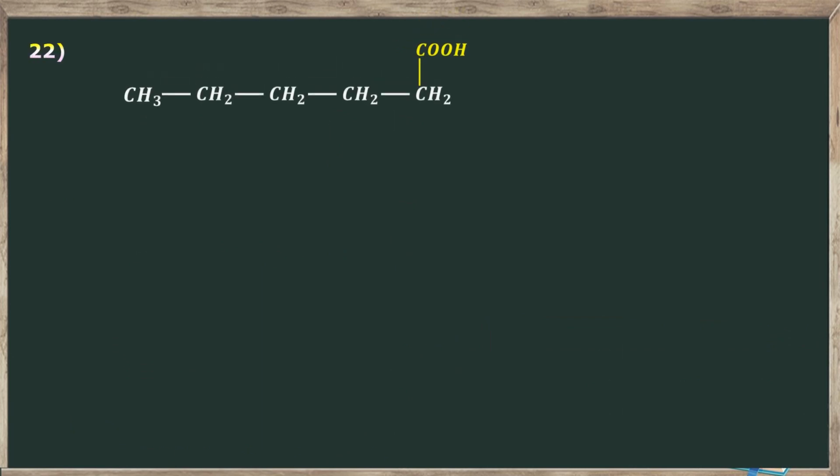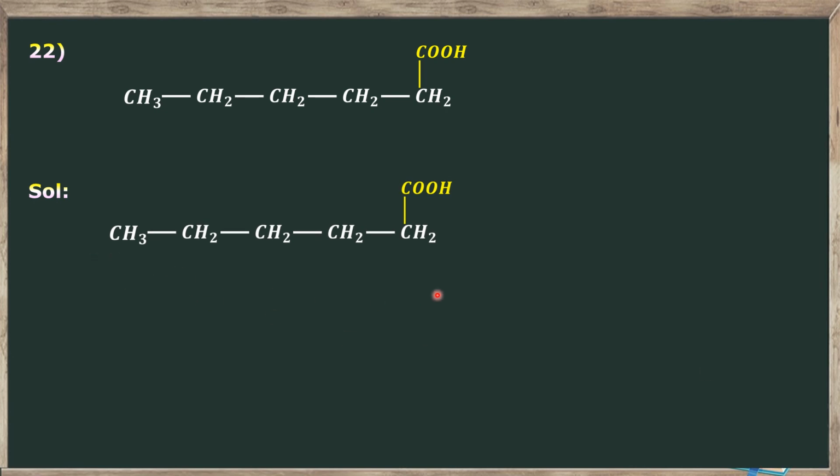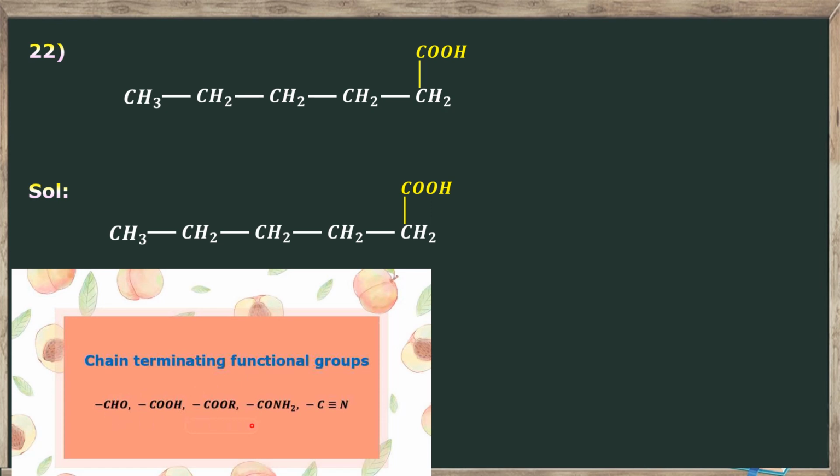Problem number 22. Solution. This is an organic compound containing functional group COOH, carboxylic acids functional group. And COOH is one of the chain terminating functional group. See here, these are the chain terminating functional group. When a chain terminating functional group is present in the organic compound, we have to take the carbon atom in that functional group while selecting the parent chain. So this carbon atom should also be included in the selection of the parent chain. So numbering is to be done from this way,